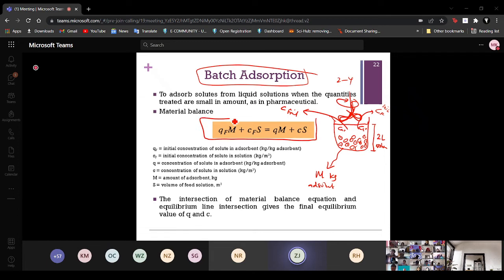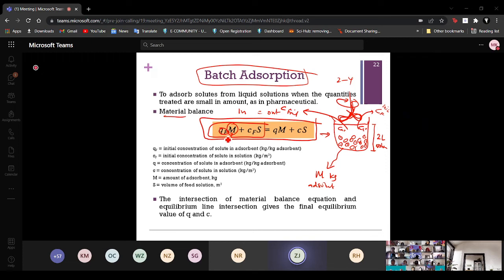generate a mass balance equation. Material balance means mass balance equation of this adsorption batch experiment. Okay, you come up with an equation. So in equal to out. You see what is coming in? This one. But remember that I said you have mass of adsorbent, and then that adsorbent could have concentration of